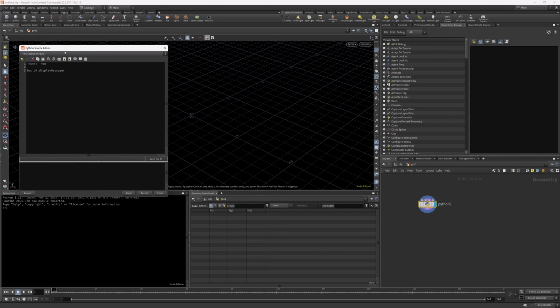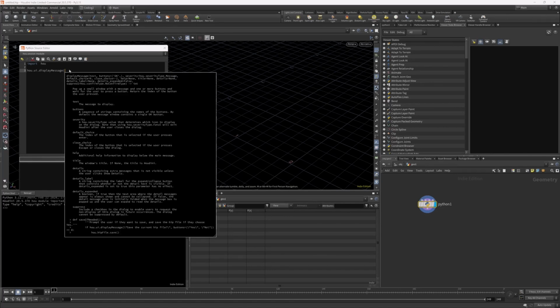Remember that you have to open the Python source editor manually, unfortunately. Then we installed Visual Studio Code. We also added some settings for us to be able to have access to the methods to work with the Houdini object model, but also, as we see here when we do the parentheses, having access to this help section, which is quite useful for us, avoiding having to go back and forth with the Houdini documentation